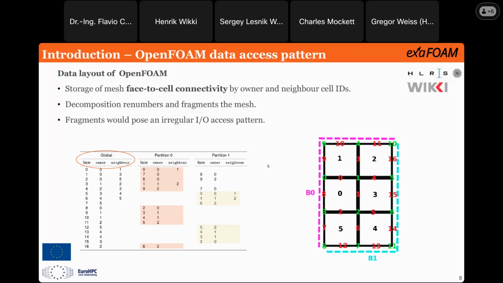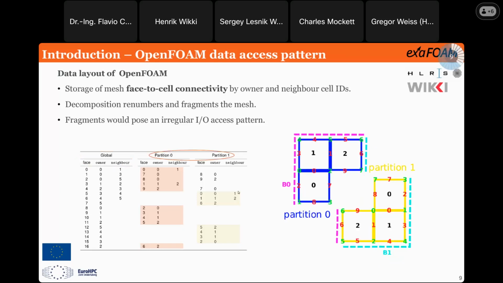And once you decompose that, everything has to be renumbered. This is what it looks like if you look into your processor folders, inside the polyMesh folder. There you will have new face files, new point files, etc., that store all entities with new indices starting from 0.